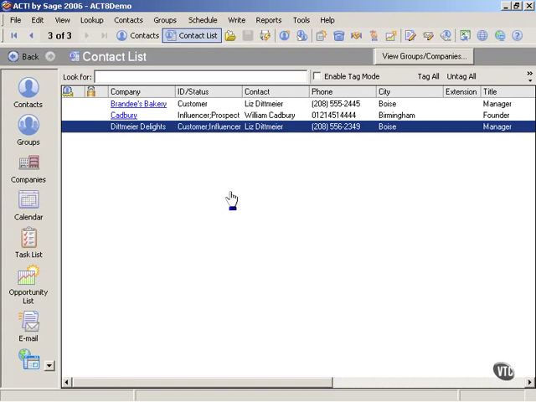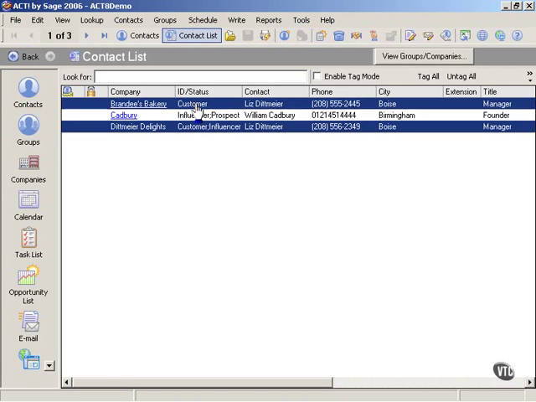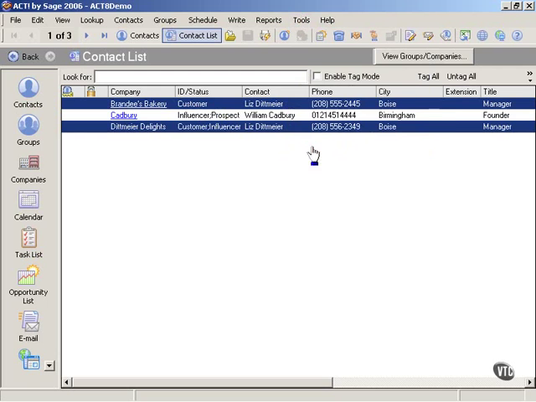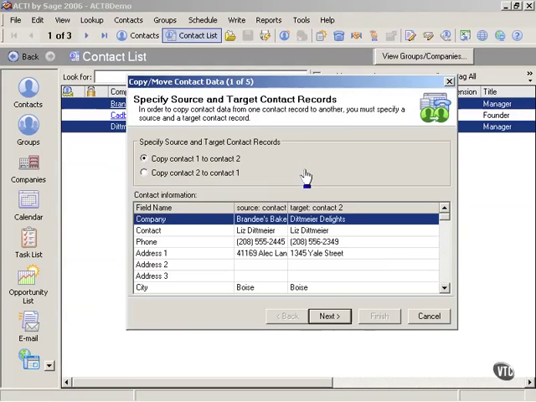If she's at Brandy's Bakery, then what I want to do is copy the second one over the first. In other words, if I have this one selected and then I select Brandy's Bakery, then I'm going to copy the second over the first. What I'm going to do, let's say she is at Brandy's Bakery. So what I'm going to do is hold down my control key, and then I'm going to go up and click on Tools, and then I'm going to click on Copy and Move Contact